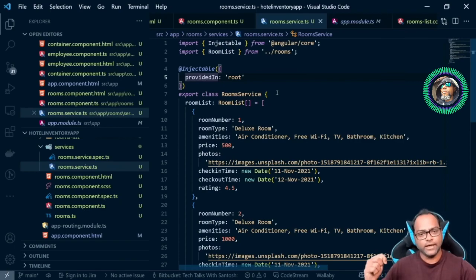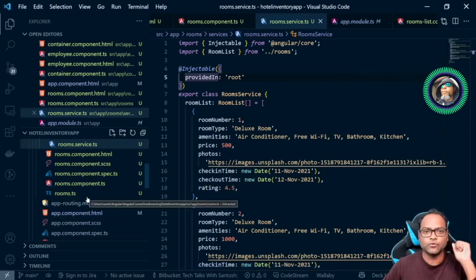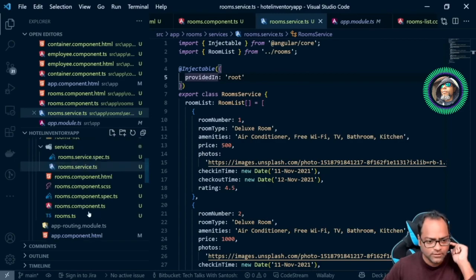Once you add a service using provided in root, you get a single instance of this particular service available across the application. Remember this. So what do you mean by singleton? Let's try to figure that out. So what I'm going to do right now is here, let's